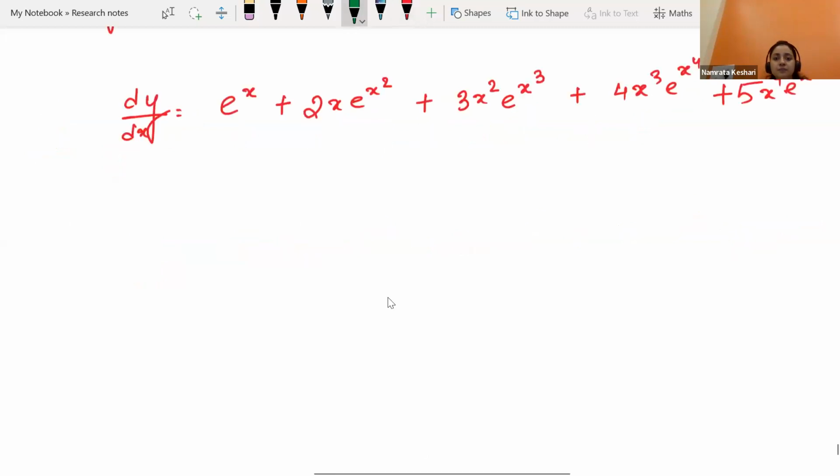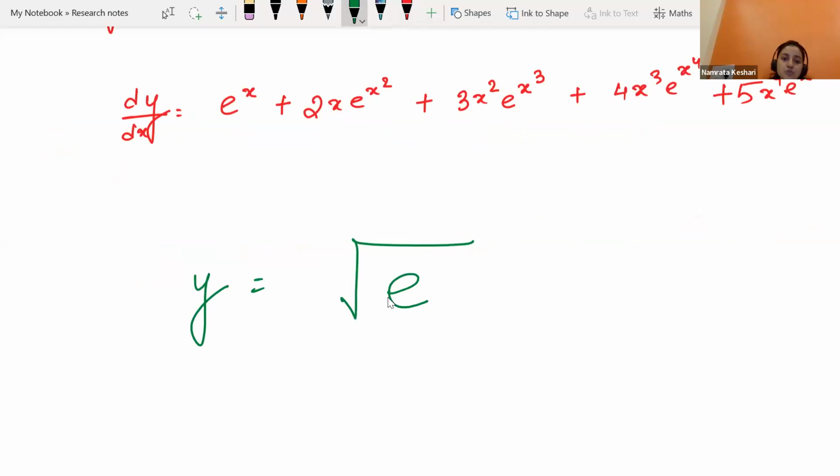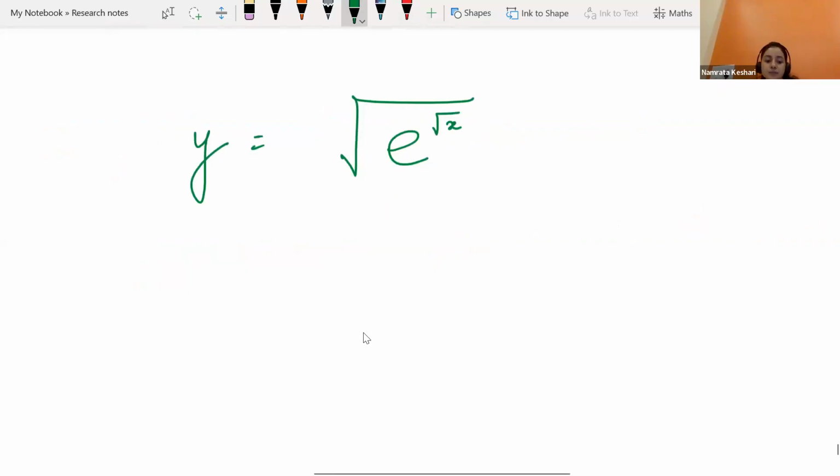If we are having the function y is equals to under root e raised to the power root x, let's do the derivative. Let's find d by dx. So at first it looks like under root x, right? Yes, ma'am. Okay. So when we have to do